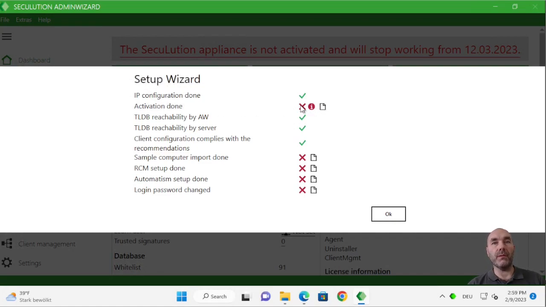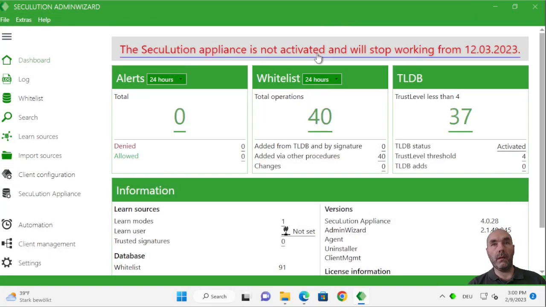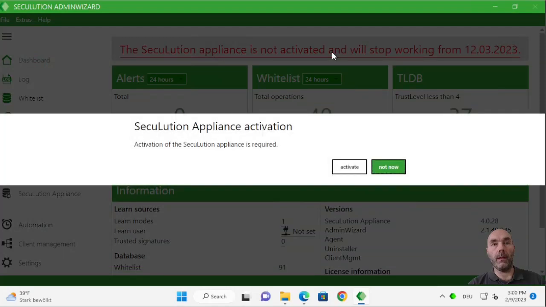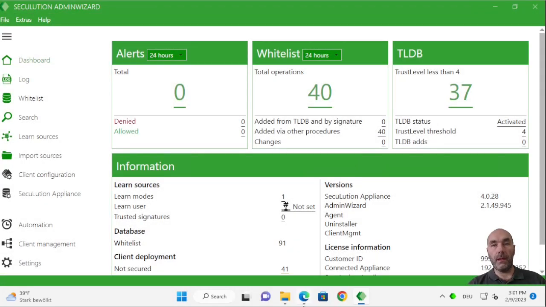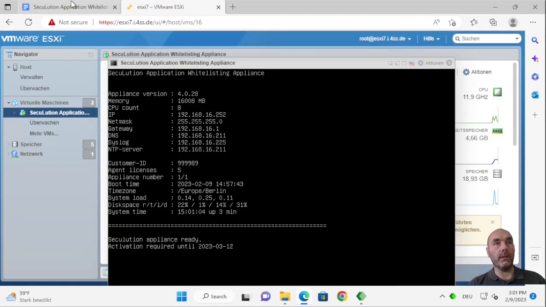The next step would be to do the activation of the machine. I'll do that now. I'll just click on this. It'll ask me, do I really want to do that? Yes, I want to do it. That's it. Activation succeeded. Next, we need to do